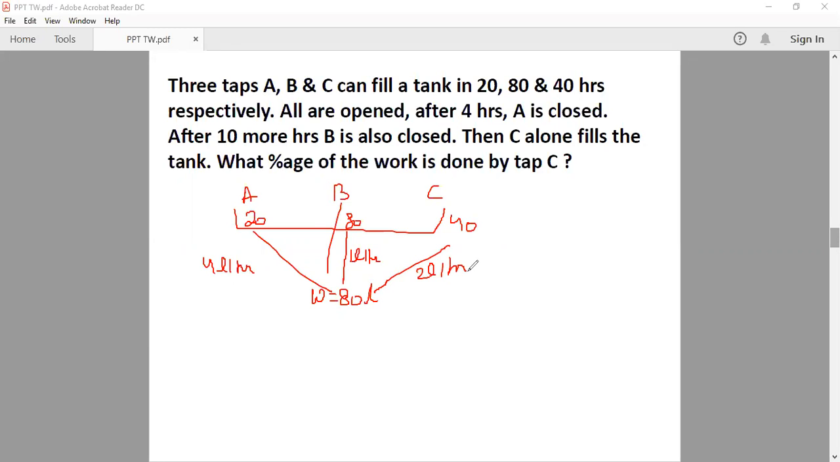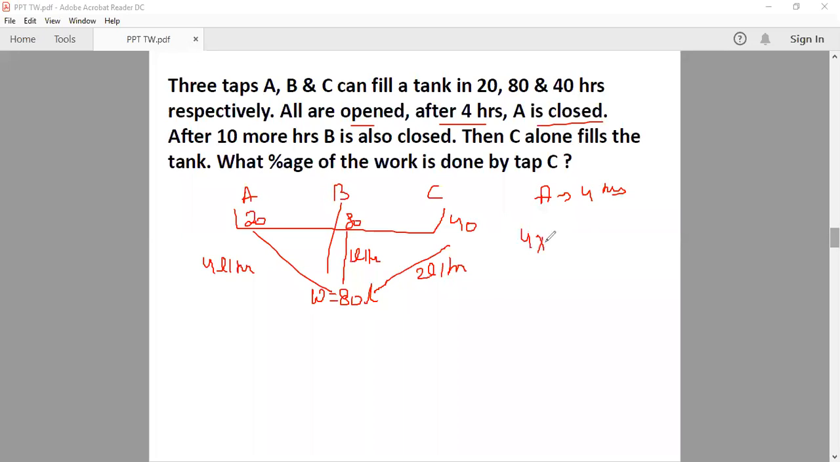हम वर्क को मिक्स नहीं करते हैं क्योंकि मुझे C का अकेले का वर्क निकालना है, इसीलिए लेट मी जस्ट कीप देम सेग्रीगेट। सिंस मुझे दिया हुआ है कि all are open together and after 4 hours A is closed, which means that A worked for 4 hours only. A ने सिर्फ 4 घंटे काम किया. Since A worked for 4 hours,